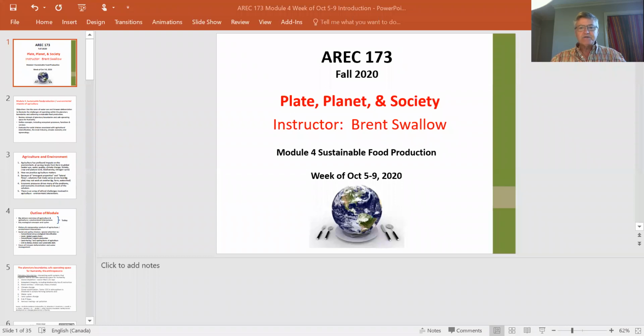The connection to Module 3 is important to get us going. In Module 3, we ended our section on local food and place-based food by thinking about the environmental impacts of local food compared to food which might be sourced from further away. And we came to the conclusion that you couldn't presume that local food is always going to be better for the environment, that it depends on the environmental conditions in the locality where the food was produced, as well as the environmental impacts of moving the food and processing food in different places.